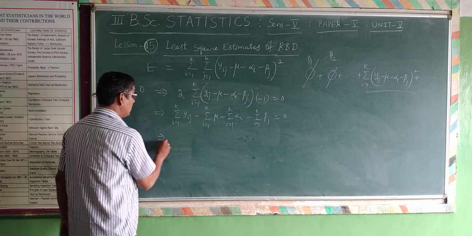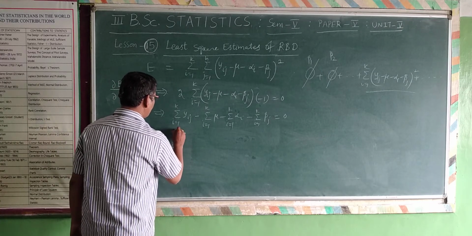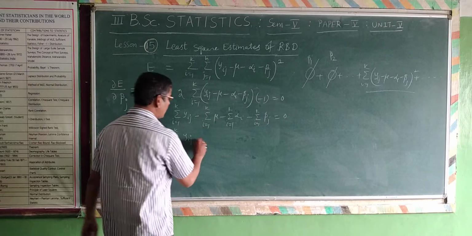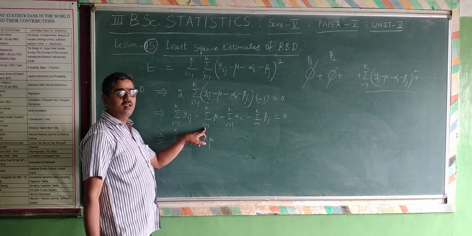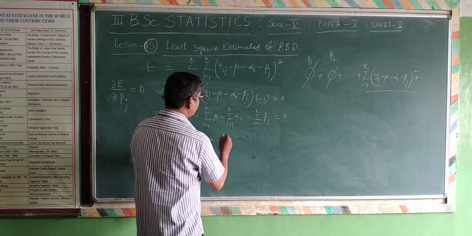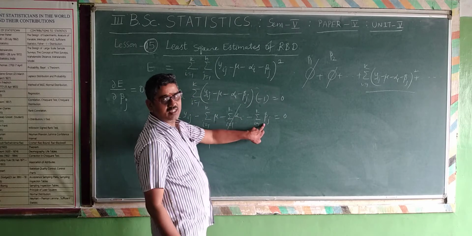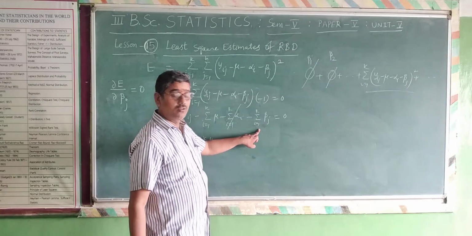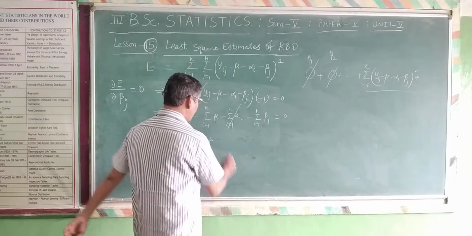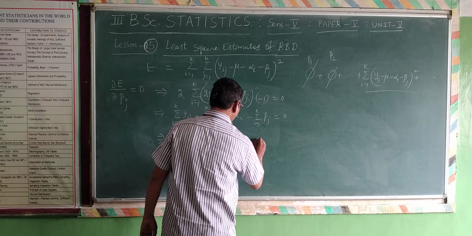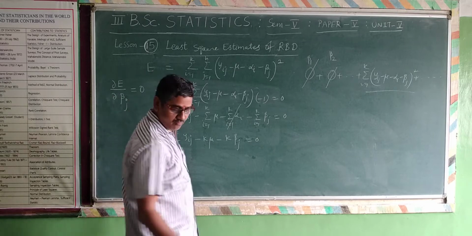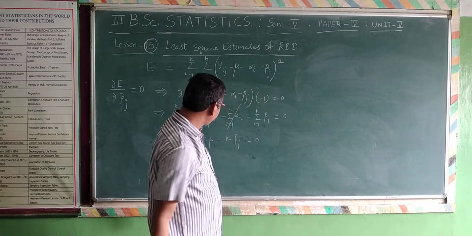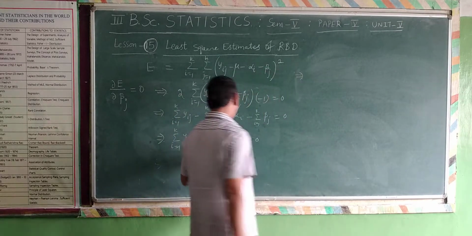So, keep summation i equals 1 to k yij as it is. Mu is a constant, does not depend on summation, so the answer is k mu. How many terms are there in summation i? k, so k mu minus summation i alpha i, which is 0, minus summation i equals 1 to k beta j. Beta j is a constant, does not depend on summation i. So therefore, k into beta j, k terms, right? Which implies beta j is required to calculate.